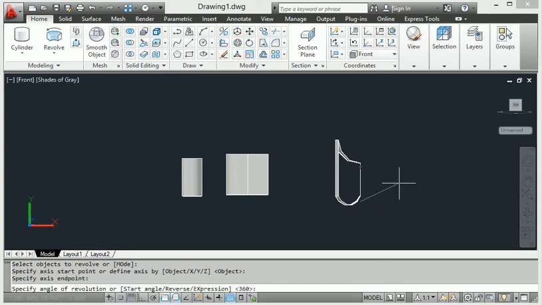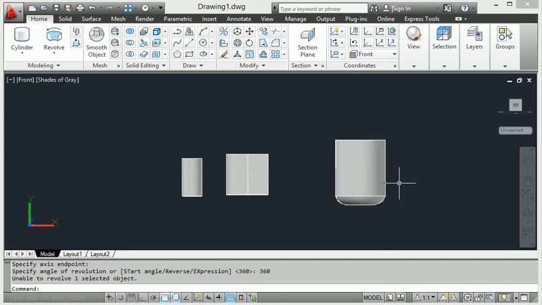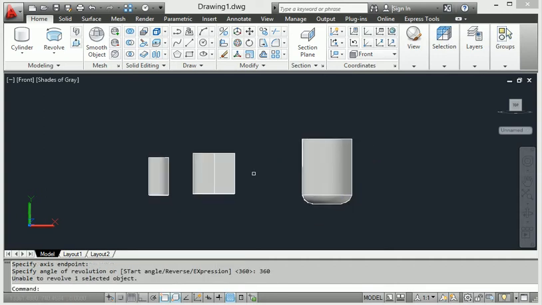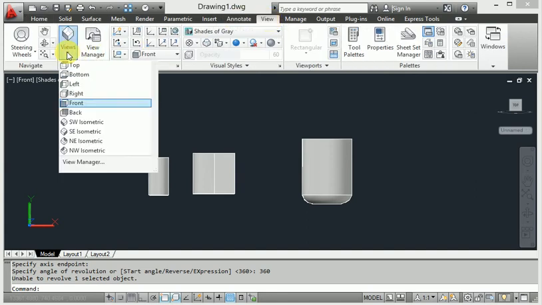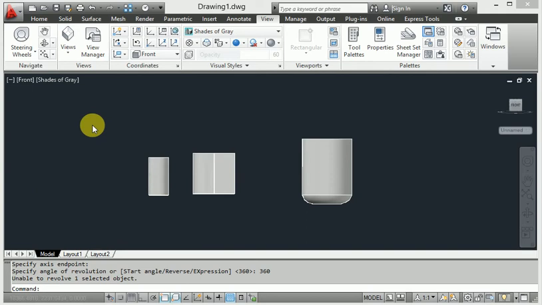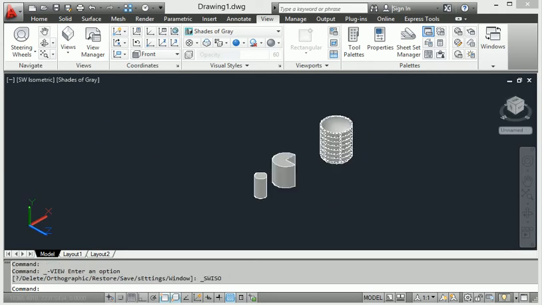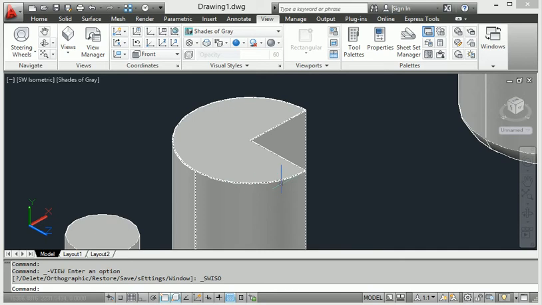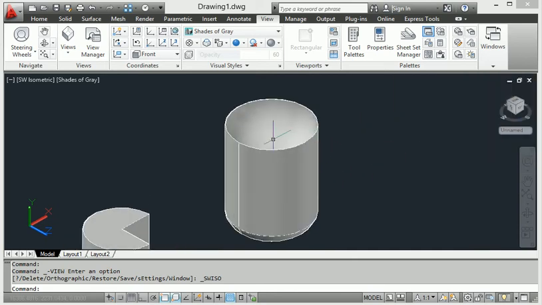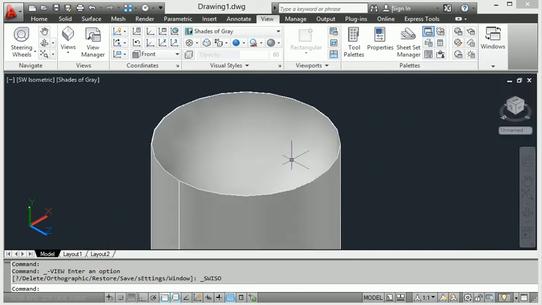So when I get the 360 degree conversion, you can see that when I go to the 3D sketch, go to view here and this is the isometric view. Look at this one, this one is 360 degrees, this one is 270 degrees, and this one is a type of curve.